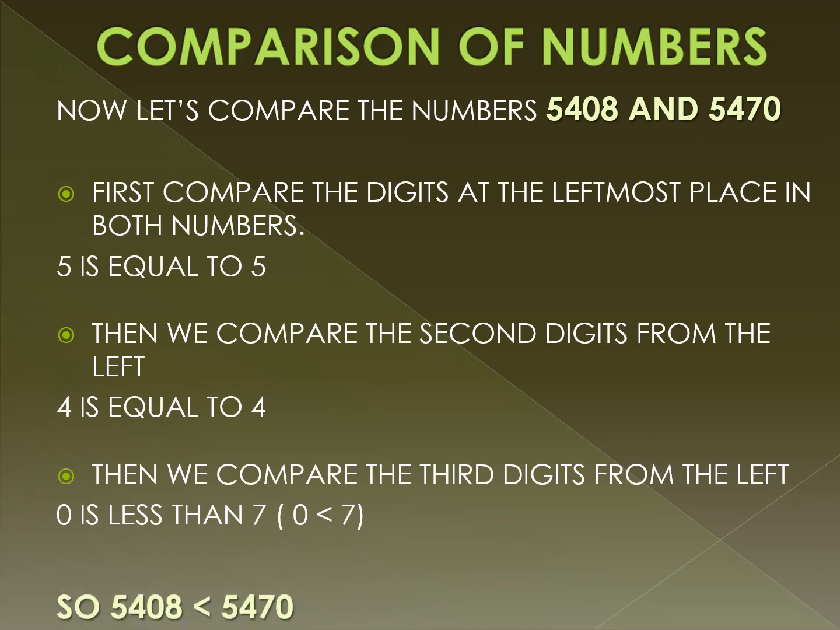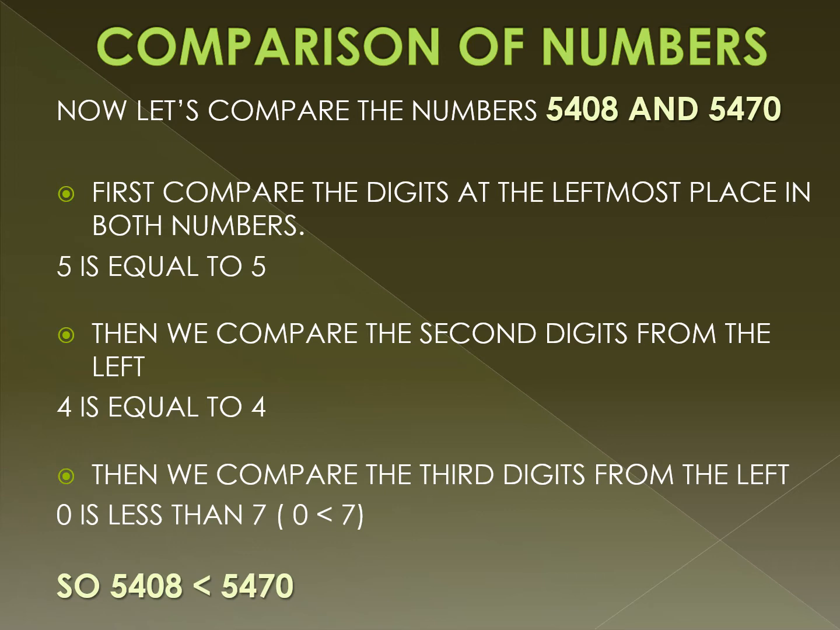Hence, we get 5,408 is less than 5,470. So children, I hope you understood what you have to do. You start comparing your leftmost place. If they are equal, you move on to the next leftmost digit. If that is also equal, you move on to the next digit, and so on till you're finally able to